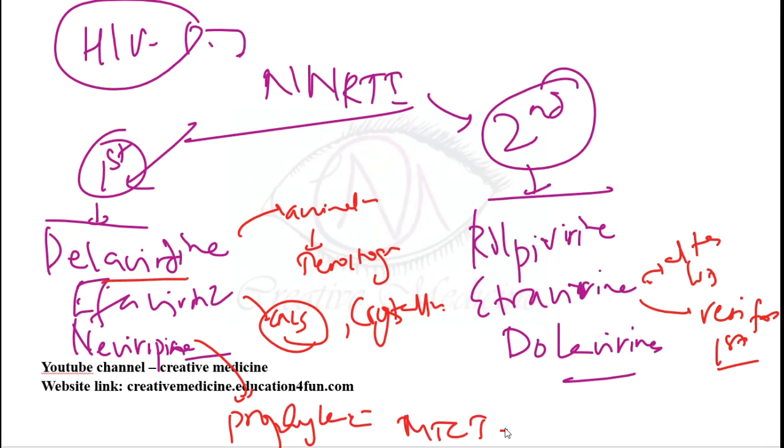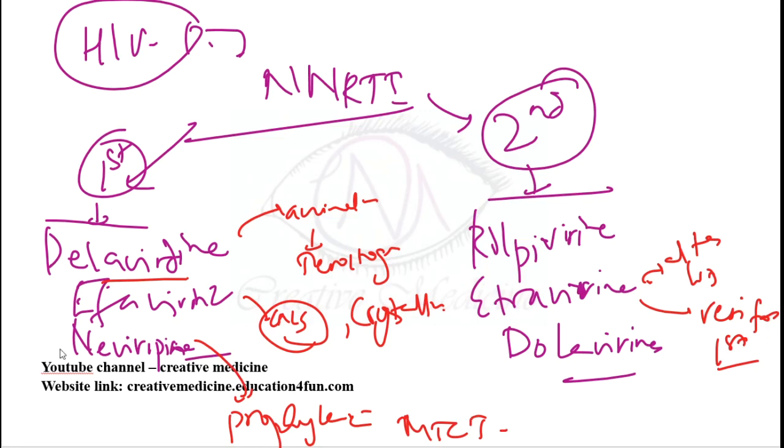The oral bioavailability of nevirapine is 90%. Because of its good oral bioavailability, nevirapine is the drug of choice for neonatal prophylaxis, mainly to prevent mother to child transmission. A single 200 milligram dose is given at the onset of labor. If the baby is born, it becomes 2 milligrams per kg, started within 72 hours.